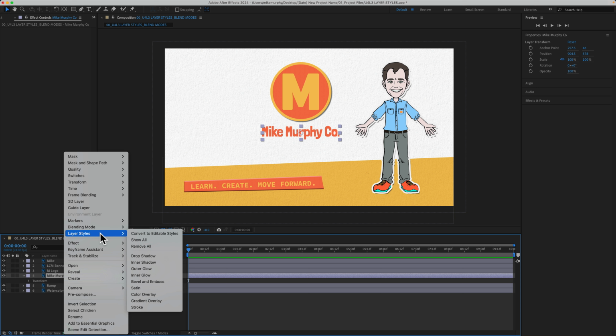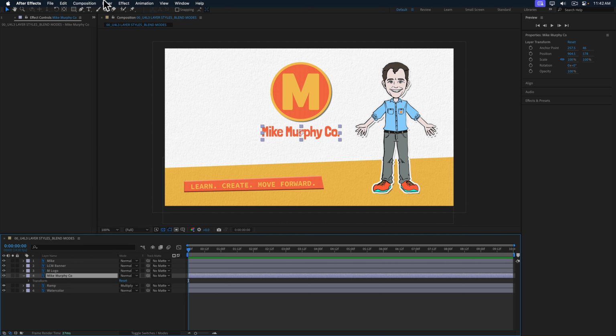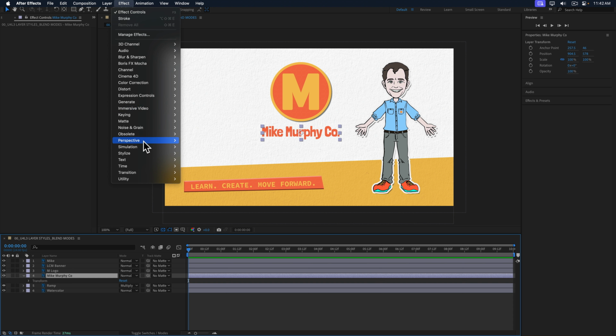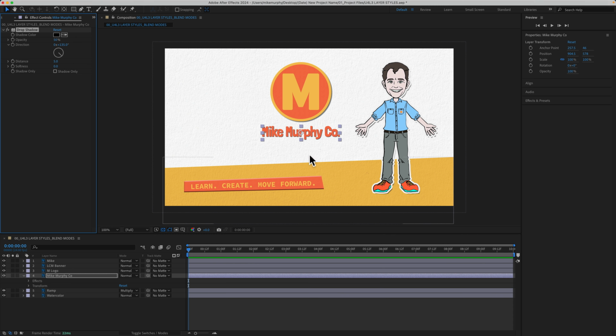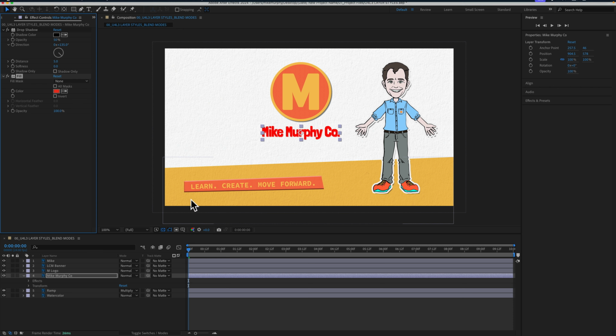One source of confusion when it comes to layer styles in After Effects is that there are also some effects, such as drop shadow. There's a fill effect, which does similar to color overlay. There's a stroke effect. So when would you use the layer style drop shadow versus the effect drop shadow? For example, I can select the text layer, go to the effect menu. Under perspective, there's drop shadow, which adds a drop shadow, which looks just like the layer style drop shadow. Or I could go to the effect menu, generate, and fill is going to do the same thing as the